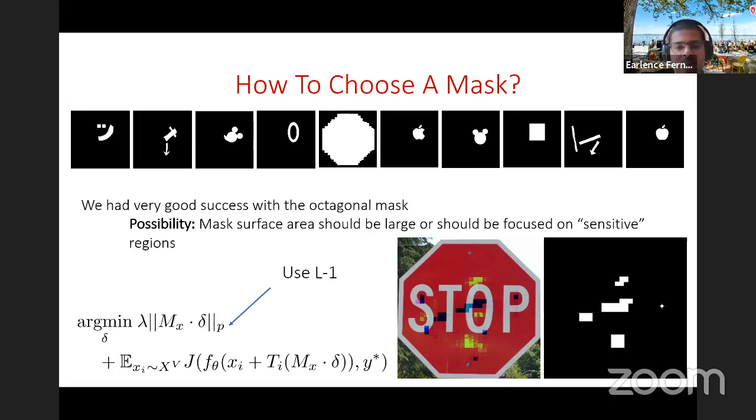We did this multi-round technique and produced these stickers in a manual process. As humans, we look at the output of L1 and say, maybe we should put a sticker here or somewhere here, and that's how we construct the mask. This, of course, is an open question: how do I jointly optimize the attack and the mask?